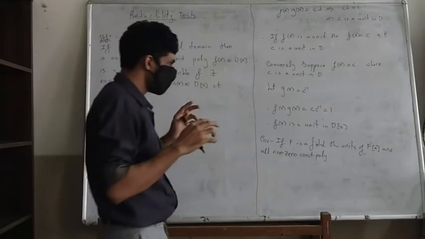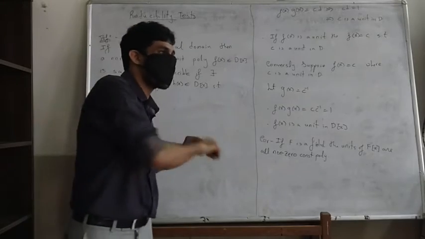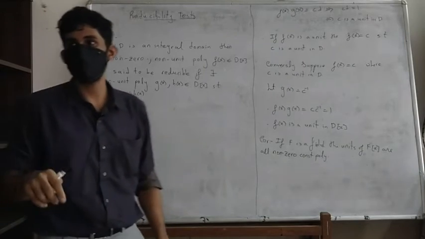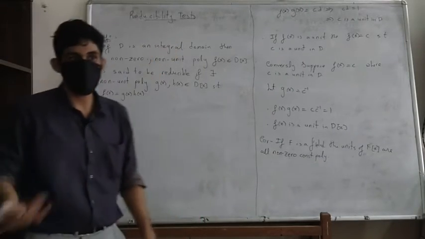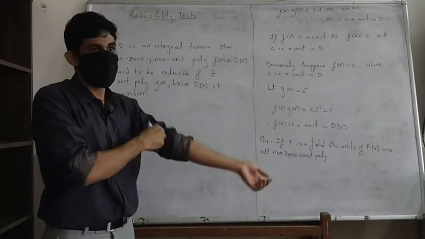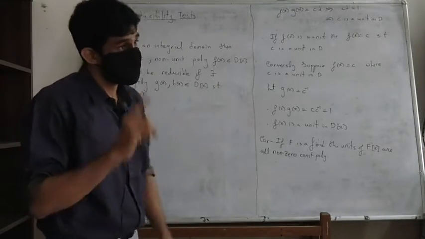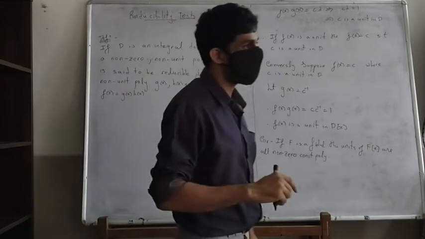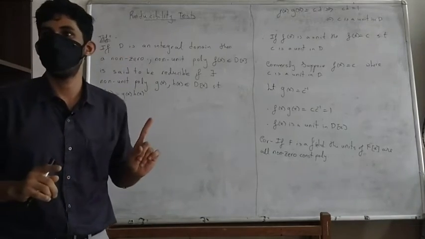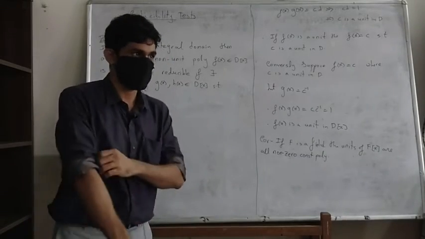And so what would be irreducible? Irreducibles are going to take the place of primes in Z, while reducibles take the place of composites in Z. So how do you define a prime? There are multiple ways. One way of saying it is that it's not composite, right? But we always have to be careful: when we say not a unit, we also have to specify that it's not 1 and not minus 1, if we are working in Z.